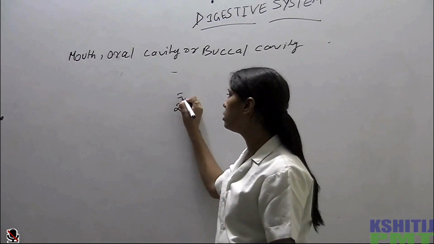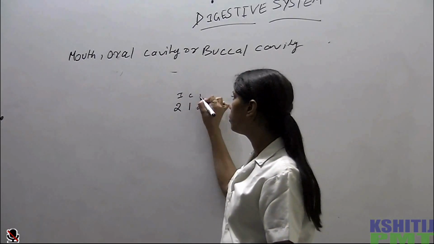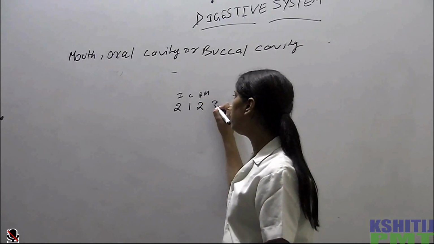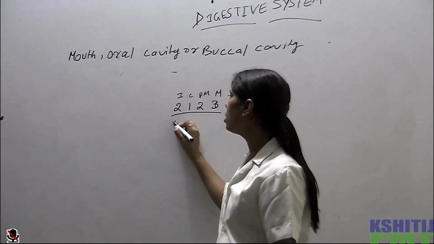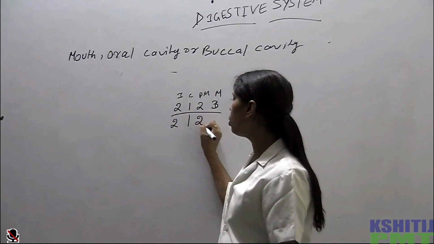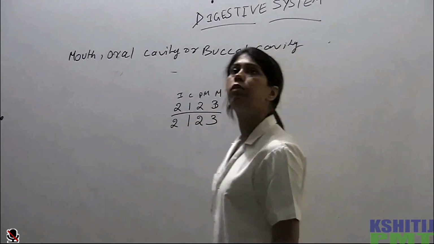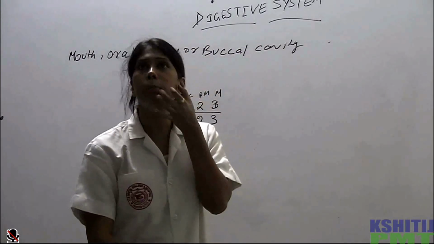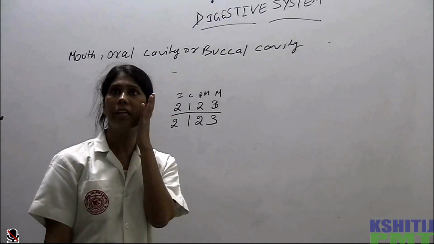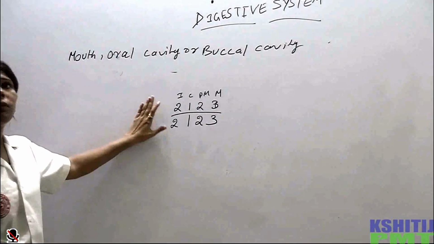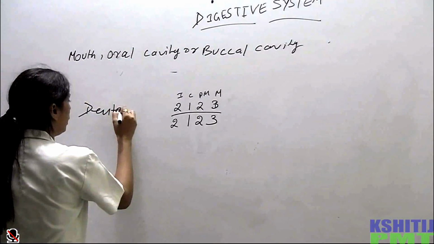2 इंसाइजर, ओके, एक कैनाइन, ठीक है, 2 प्रीमोलर एंड 3 मोलर। ओके, ये अपर हाफ का। लोअर हाफ भी सेम होगा, 2 इंसाइजर, एक कैनाइन, 2 प्रीमोलर और 3 मोलर। ठीक है, तो इसी चीज को हम डेंटल फॉर्मूला, एक पूरा हाफ मतलब मैक्सिलरी और मैंडिबुलर टीथ, एक साइड राइट हाफ या लेफ्ट हाफ का हम टीथ शो करते हैं, उसे हम कहते हैं डेंटल फॉर्मूला।